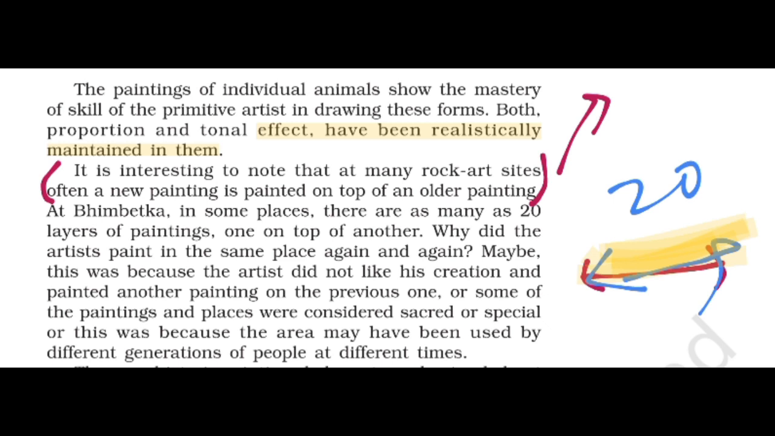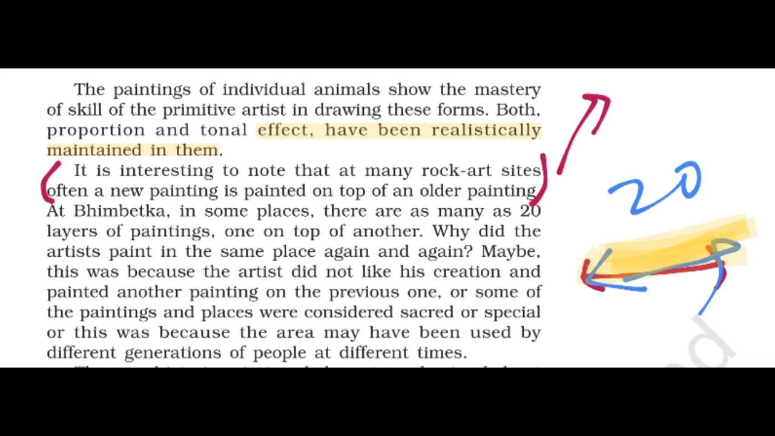Why did the artist paint in the same place again and again? I have told you this in my second lecture, that people used to draw over one painting, and they did so. The reason we'll read here. Maybe this was because the artist did not like his creation and painted another painting over the previous one. The reason might be that he didn't like his painting, or he wanted to create another one,